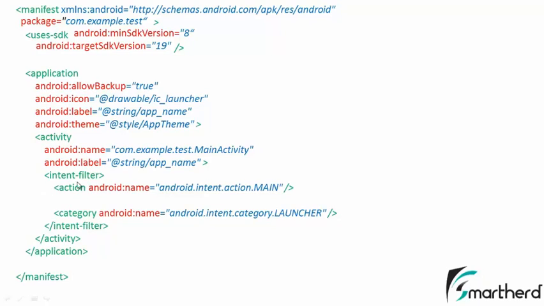Now this intent filter actually defines the action and category tag. As of now, just know about the intent. Intents are used to invoke any activity. Now you can invoke your main activity.java by using this action name android.intent.action.MAIN, and it falls under the category LAUNCHER. That is, when you open your application, then the first screen that appears in your phone is this main